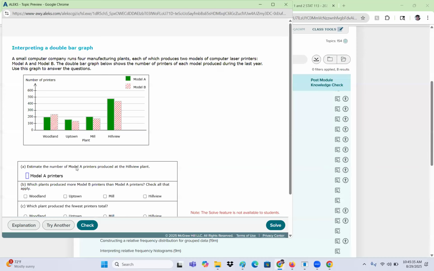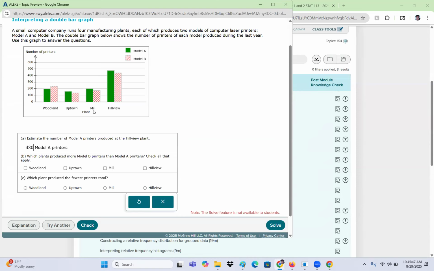So the Model A is around, it doesn't necessarily have to be so precise. It can be like 480, something like that, right? You can just type in something. Questions that ask you to estimate are usually not going to be on the exam because the answer might be variable. It can be anything. You can put 479 or something like that to get the right answer, or maybe you can put 480, 485, 476, even 450. So usually this question will not be on the exam, but we should make sure we know how to do it for